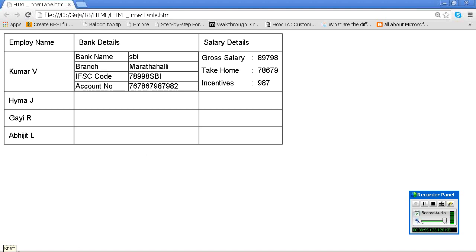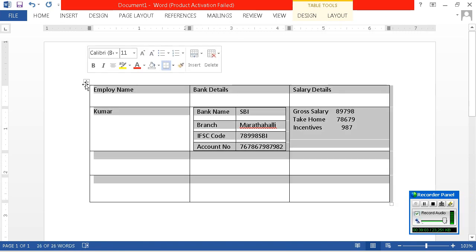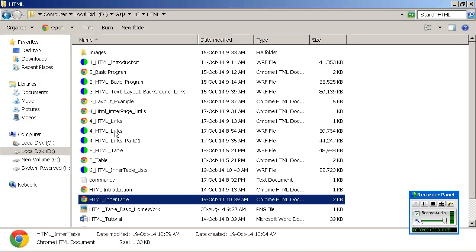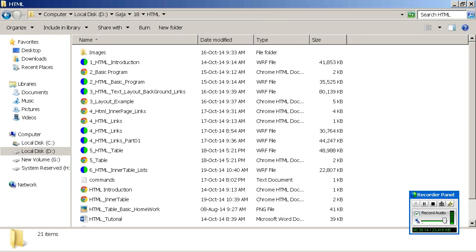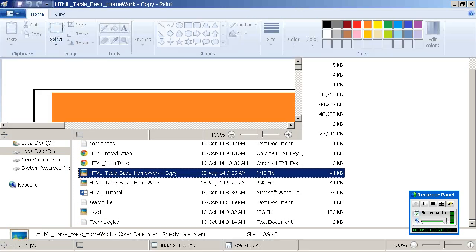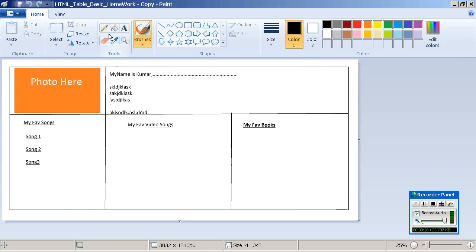One more homework I will give, okay? You need to tell me the structure. I am not expecting the result. You need to tell me how many rows and how many columns. No, not this one. I have given the student number. Okay. This we have seen yesterday, correct? This we have seen yesterday. Now what I will do, just see.